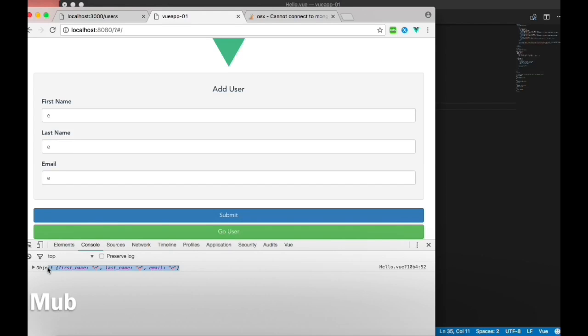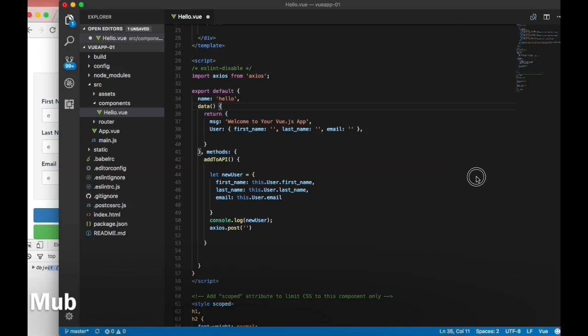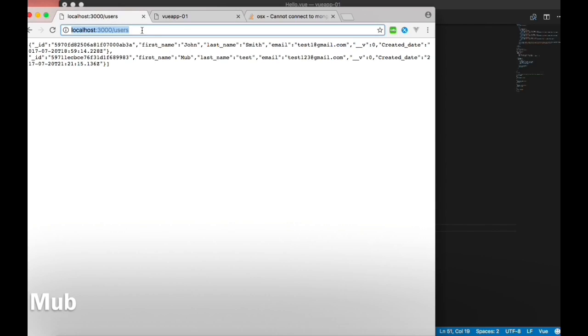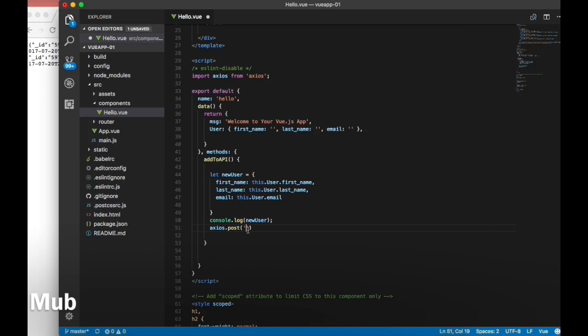So what we want to do is get this data and send it with Axios. The way we can do it is we can grab the link of the API, which is this one, and we can just paste it here, and then after we can send the data to the API. So to do this,